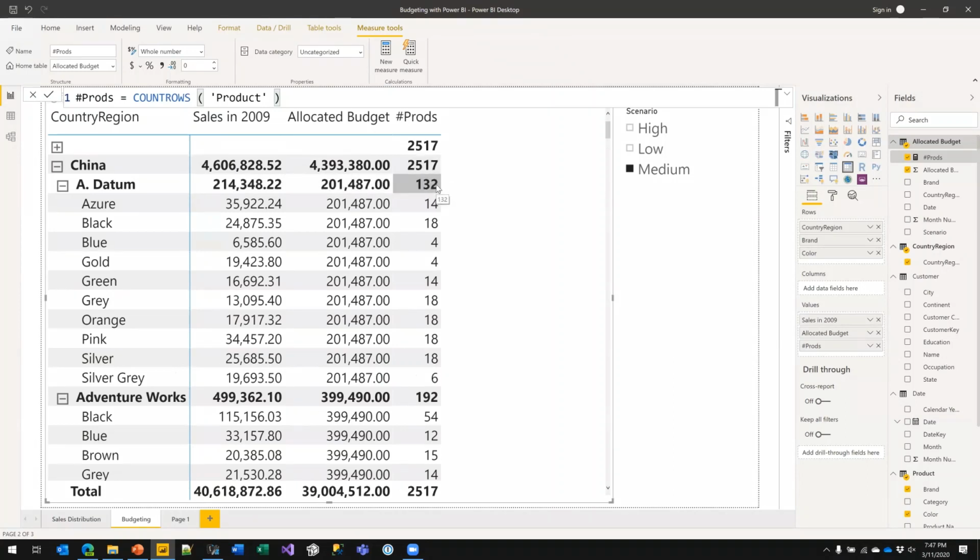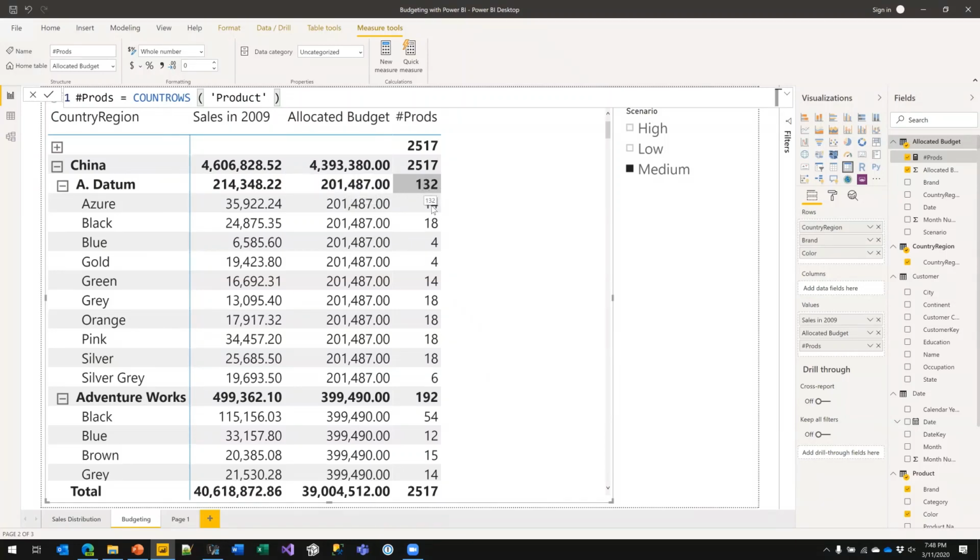So if you see 132 products, it means you are at this level. If you see a smaller number of products, it means that there is a further filter which is restricting the number of products. So you are seeing fewer products than the one that the budget supports. So even though sales will report a correct number, the budget will not, because the budget will still report the value at the granularity that it is supporting.